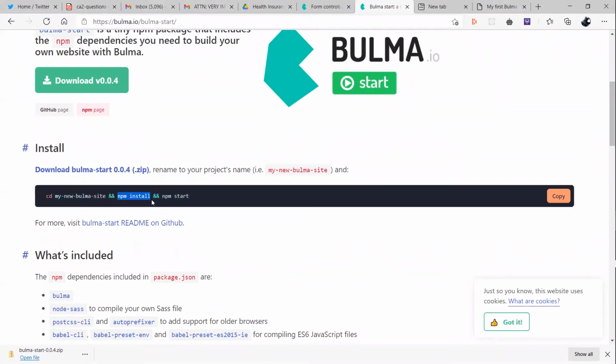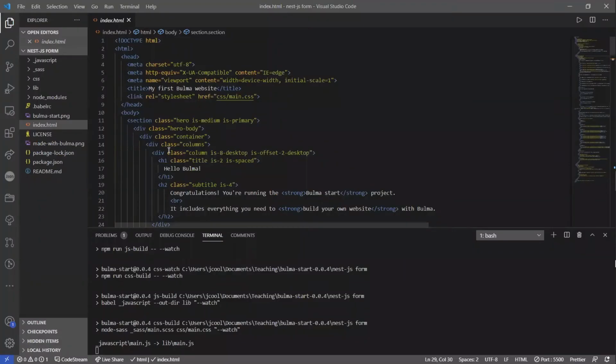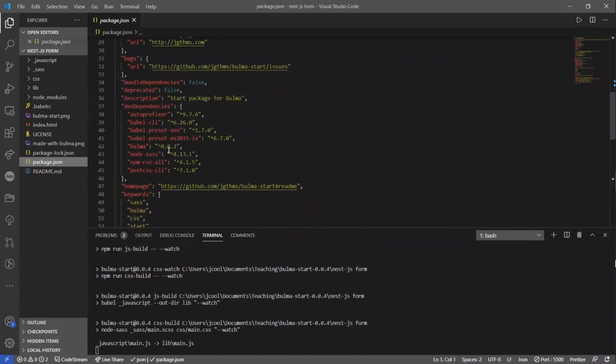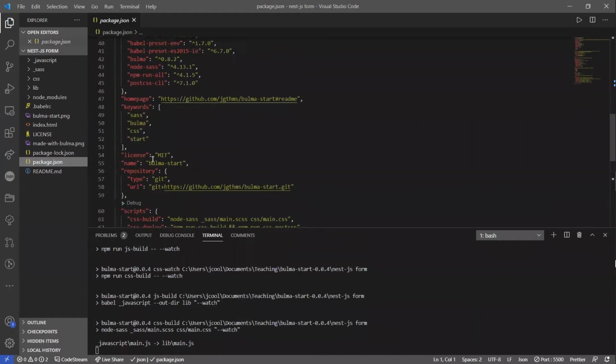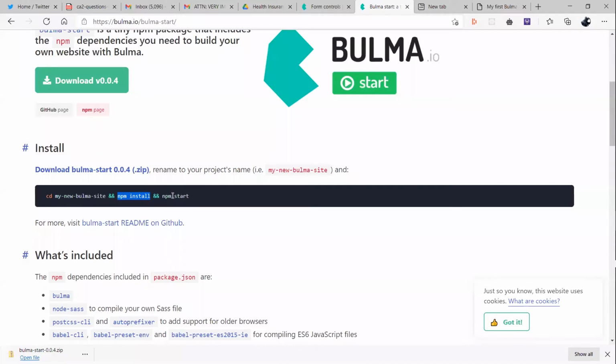npm installs all the dependencies specified in package.json, as you can see here. Under dependencies, you can see all the things that were downloaded when I ran npm install. And then npm start